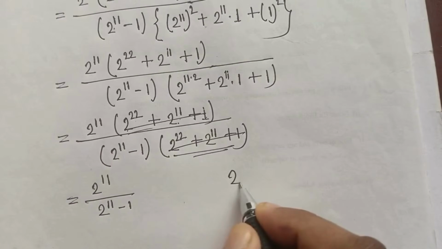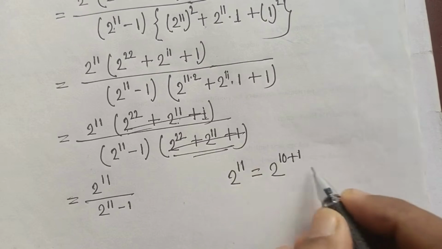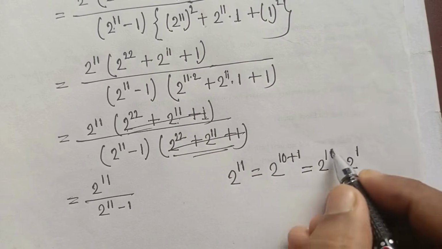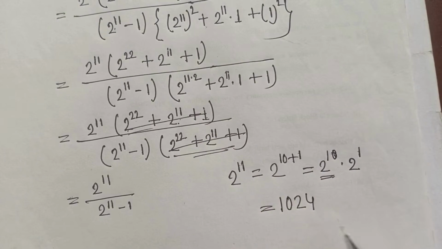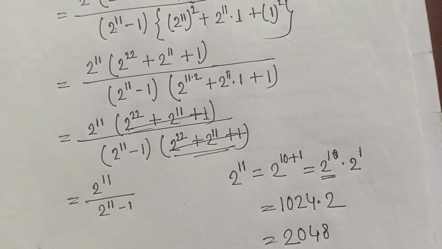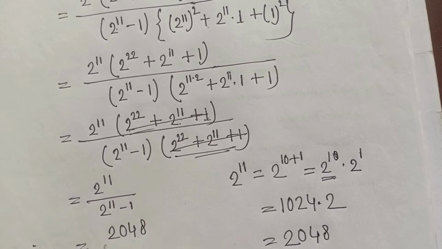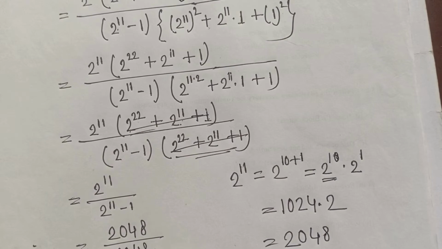So now we can write 2 to the power 11 as 2 to the power 10 plus 1. So we can write 2 to the power 10 into 2 to the power 1. Now we know the value of 2 to the power 10 is equal to 1024, 1024 into 2. So if we multiply this, we will get this one. Hence the value will be 2048 by 2048 minus 1,